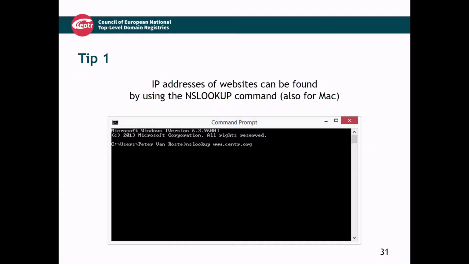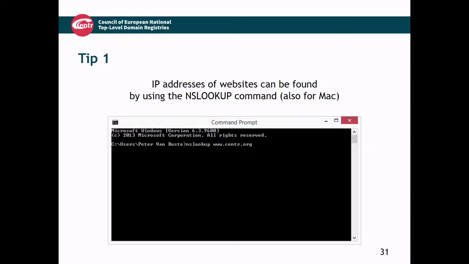Has anybody ever tried an NS lookup? The techies in the room cannot answer that one. So I see a few hands. So there is an easy way of finding the IP address of the content you're trying to reach. That is, if you know the domain name, www.central.org,